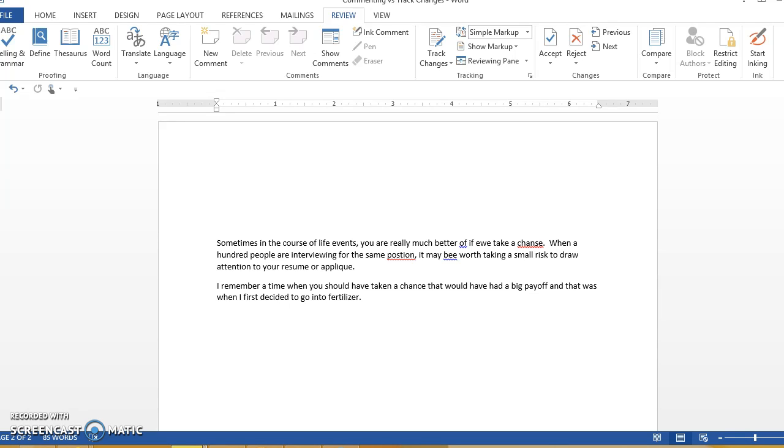They do essentially the same thing. They allow you to make comments or to actually change a document, and I would submit that if a document is going to change ownership from someone else to you, then the appropriate feature to use is track changes. Because what you're actually doing is you're taking another document and you're actually altering that document. And my position is that when you do that, that document then becomes your document,